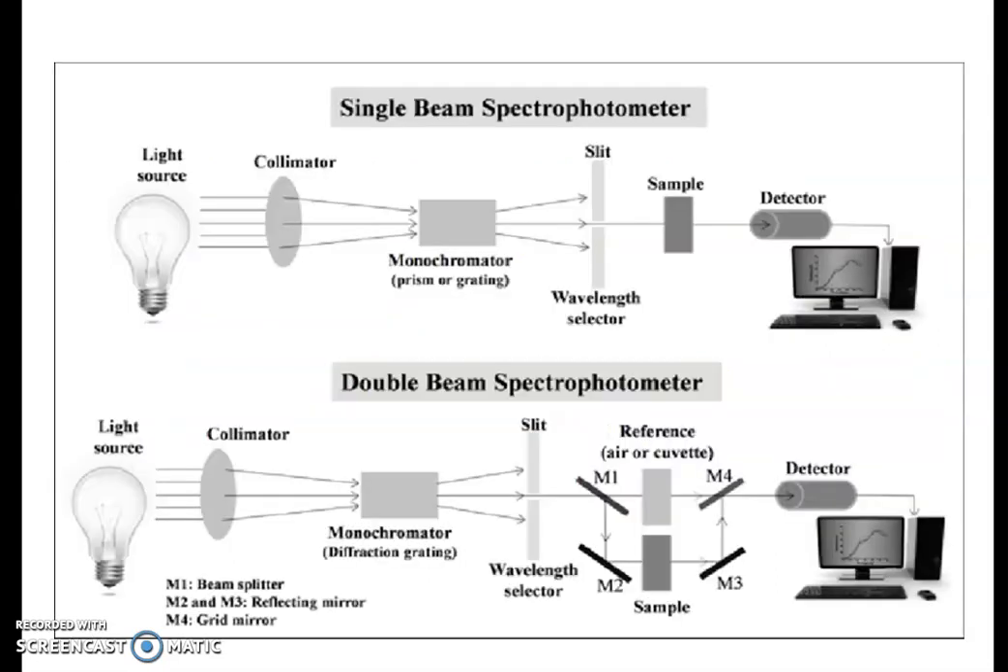And here is the figure which depicts the working of single beam and double beam spectrophotometers. So here we can see the light coming from the source is directed by the collimator into the prism or grating, which directs the light into the slit. So the wavelength is selected from here, and so